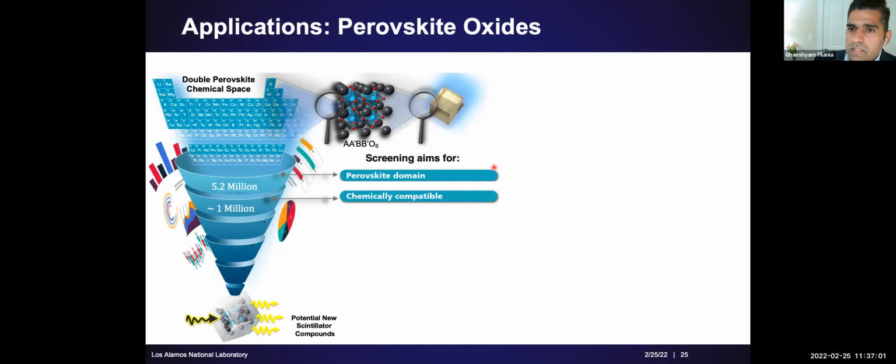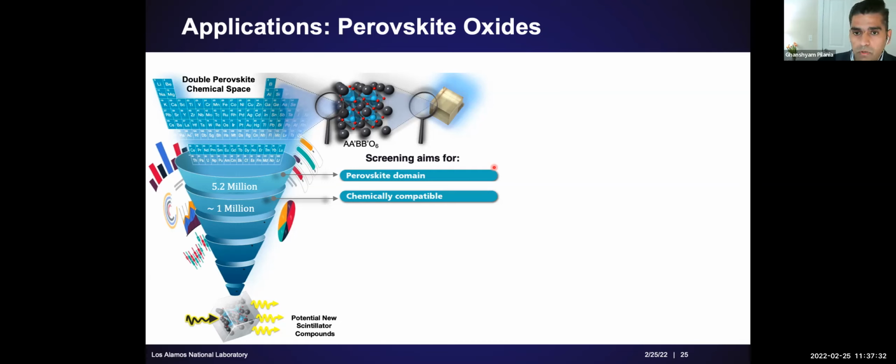We consider all single and double perovskite oxides. If you consider the entire periodic table, AA' BB' O6 type chemistries, then there are more than 5.5 million compounds, so you can enumerate it in a combinatorial manner. Of course, not all of these compounds are going to be physically meaningful. If you take into account charge neutrality and geometric constraints, such as the A cation should always be greater than the B cation for a stable perovskite crystal structure, these chemical compatibility constraints further allow us to down select from 5.2 million to nearly 1 million compounds.